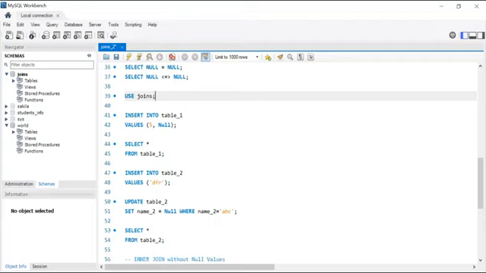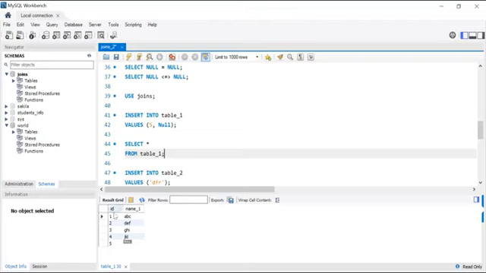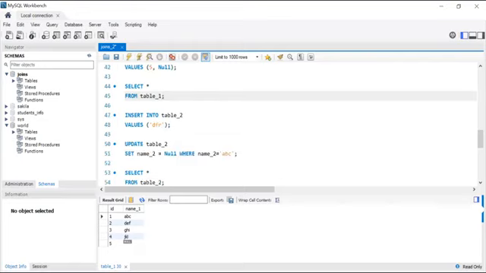Okay, with an ID equal to 5, and we will add a null value. So if you select all from table 1, we'll get the following: the previous 4 rows with characters, and the fifth value will be a null. Same thing, we'll add another value to the second table so that we will have 5 rows in both tables,